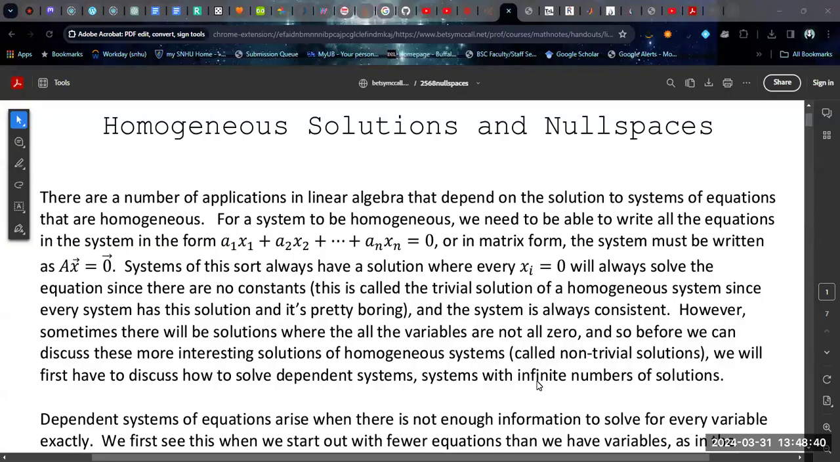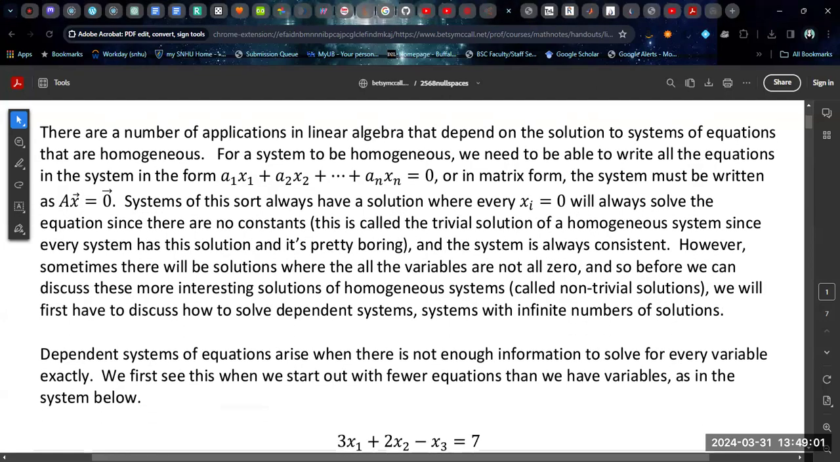Okay, so in this video, we're going to be looking at homogeneous solutions and null spaces. Actually, these are basically the same thing, but we often encounter them in slightly different places inside our linear algebra course, and we kind of forget that they're actually related to each other. So there are a number of applications in linear algebra that depend on the solution to a system of equations